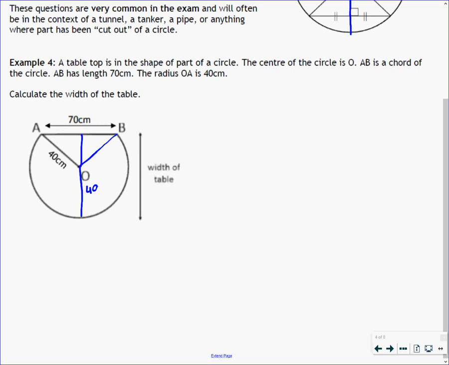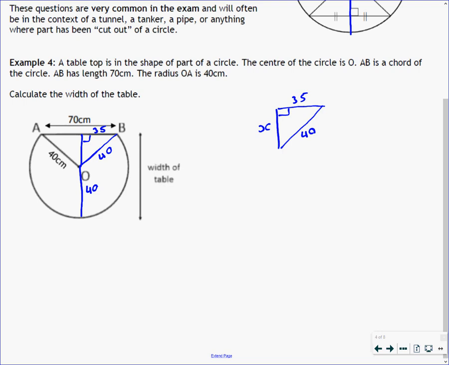That allows me to cut it in half at right angles, so we can assume that this bit here is going to be 35. So if that's 35 and this is 40, what we can say is that we now have a right angle triangle where that's 40, that's 35, we have a right angle,